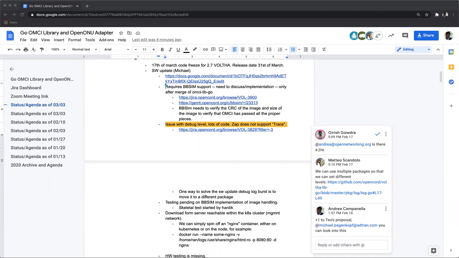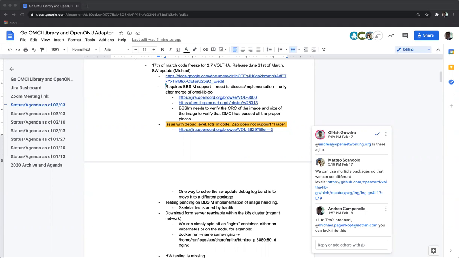Another validation that I was thinking to add was, is there a time limit for the software image download? Like we start the download, and if we don't get the end software request within a certain amount of time, we can fail the request.